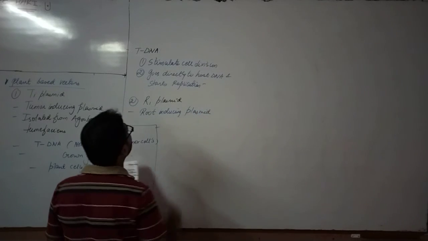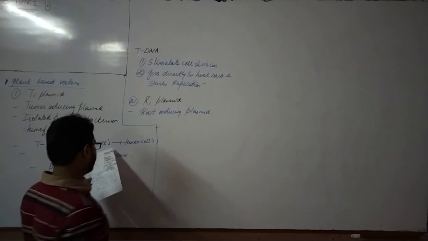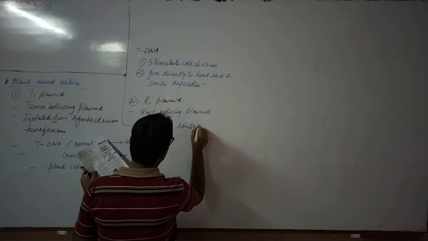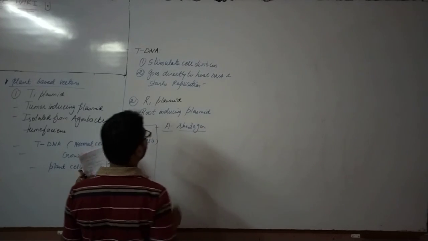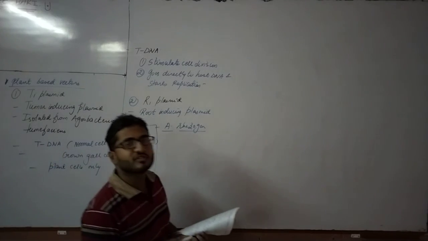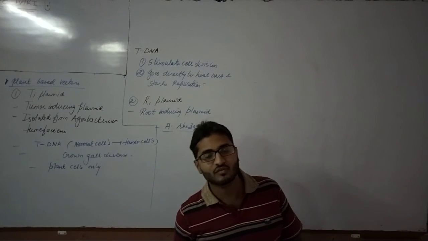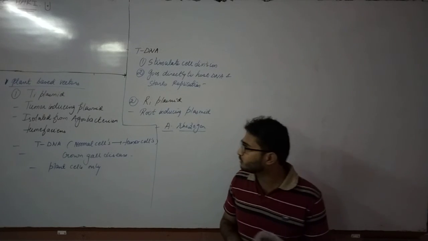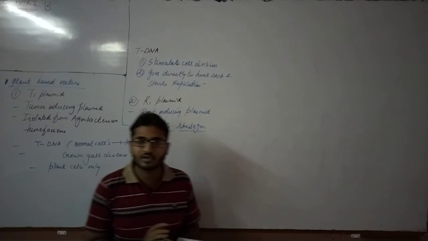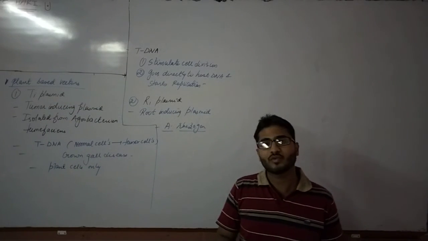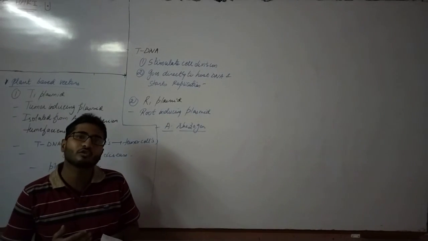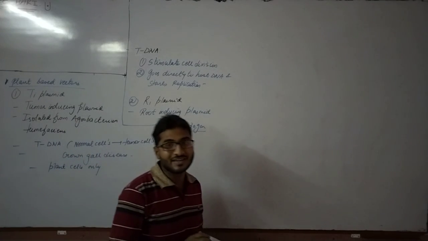This root inducing plasmid is isolated from Agrobacterium rhizogenes. So this is all about the various vectors which are used in the prokaryotic cell. Eukaryotic cells include the viruses, the yeast, then plant-based vectors. In the next segment, we will discuss the techniques of how to make the host cell competent to take up the DNA of